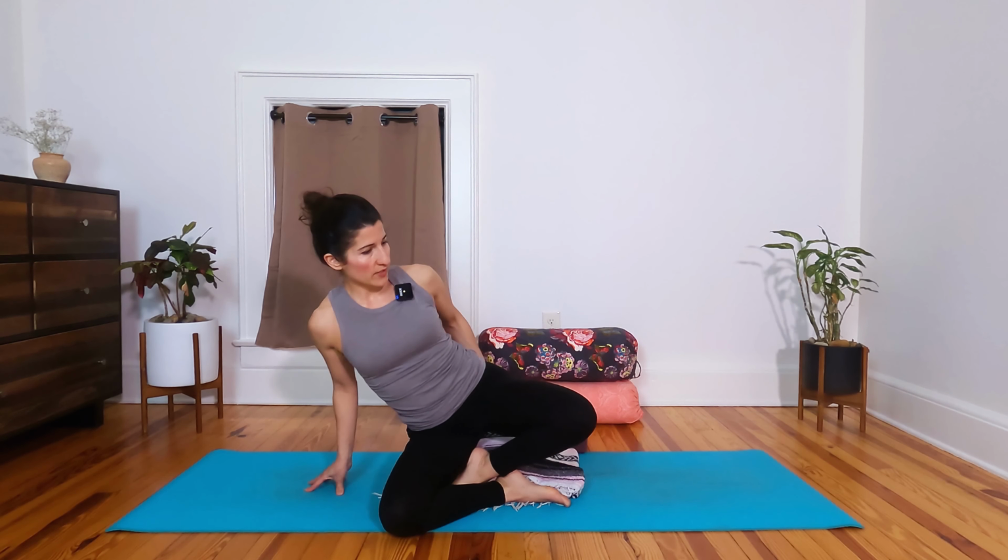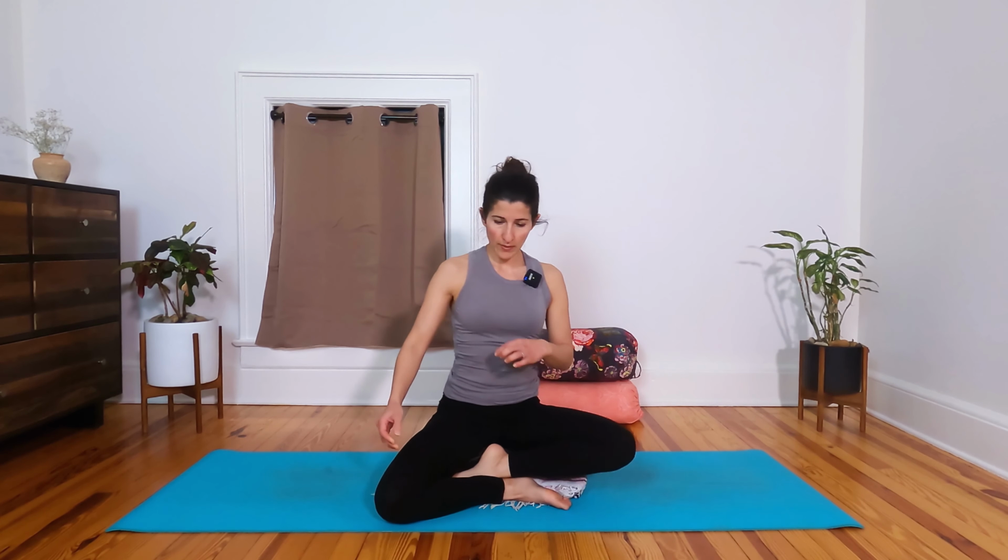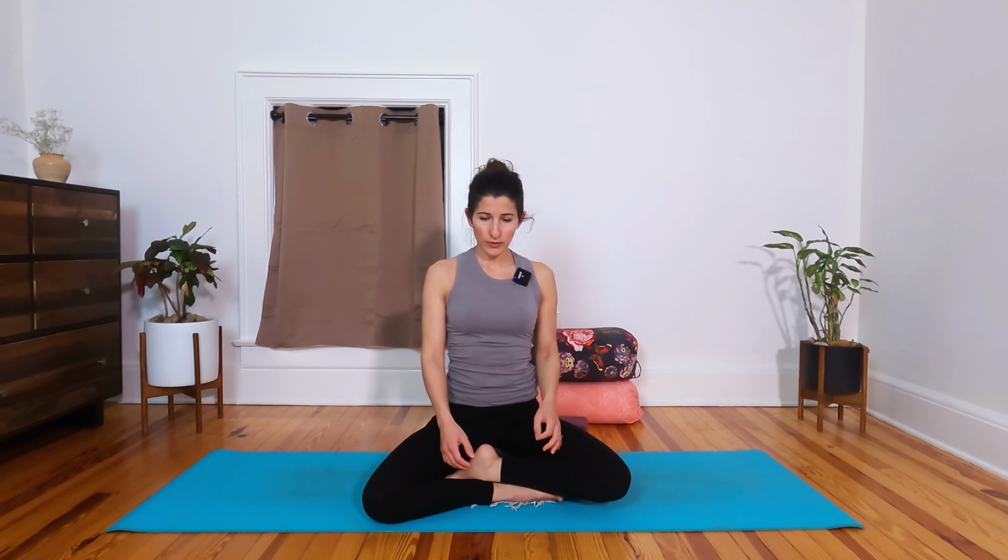Make sure you're sitting nice and tall. Hips are a little higher than the knees. I like to lean to one side, pull the flesh back, so I find my sits bone, make sure my spine is in neutral, honoring all the curves. Good, and let's find